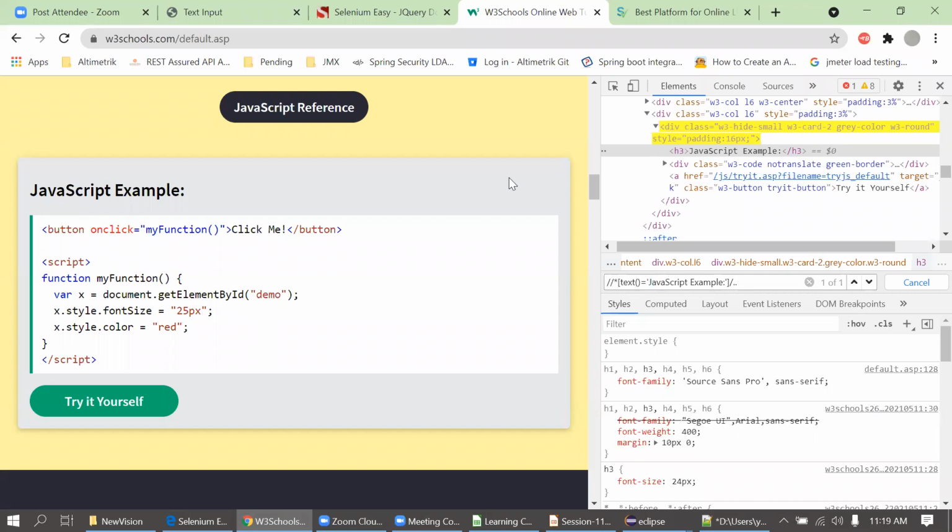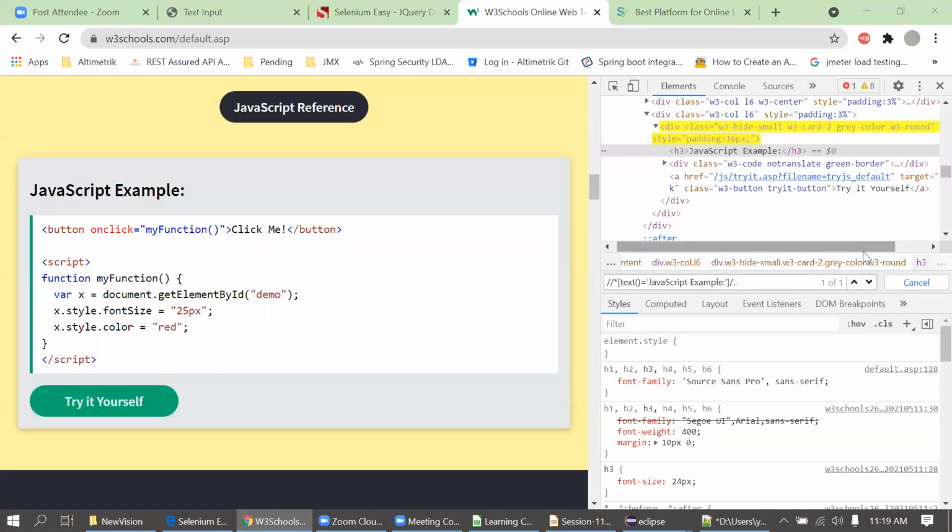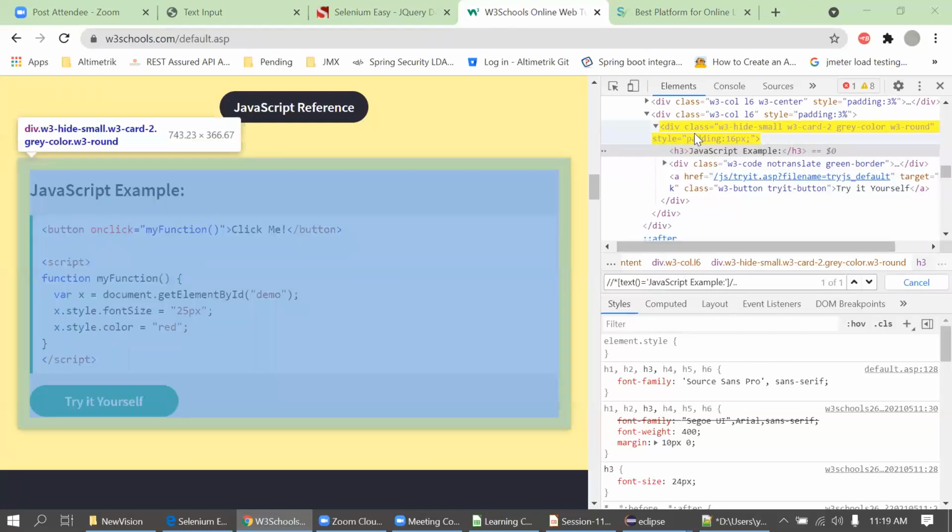Now again, one more thing. If you can see this class name over here, it has multiple spaces or sometimes a hyphen, right? This div class, highlighted in yellow. So there are lots of either spaces or hyphens. Have you ever encountered any issue with that? Because sometimes it works, sometimes it doesn't work.